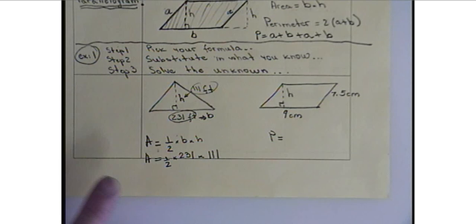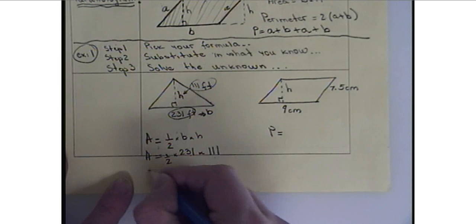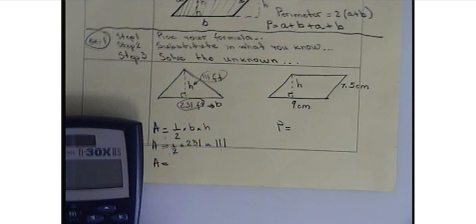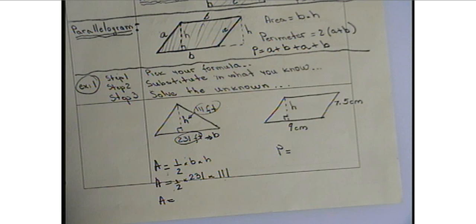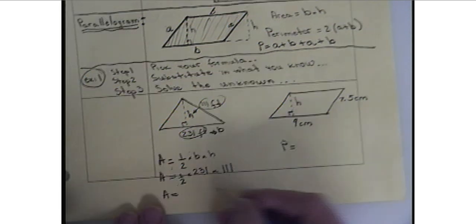Alright. So once we know 1/2, b, and h, we can go ahead, multiply all those 3 numbers and find what the area is equal to of this triangle. So I'm going to use my calculator here and we'll multiply those numbers. On the calculator, you're going to type 1 divided by 2, which is 0.5, then times 231 times 111. So the final answer, area for this triangle, is